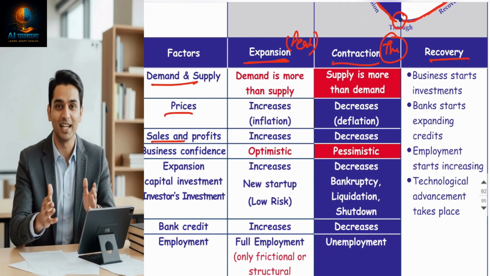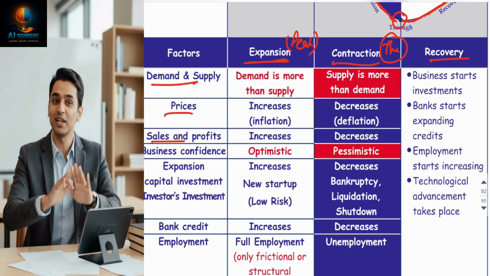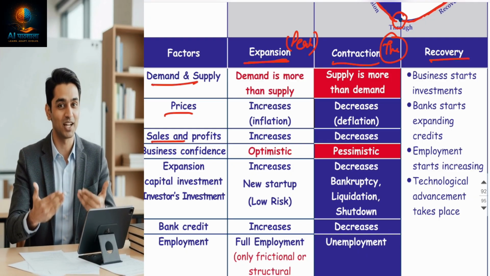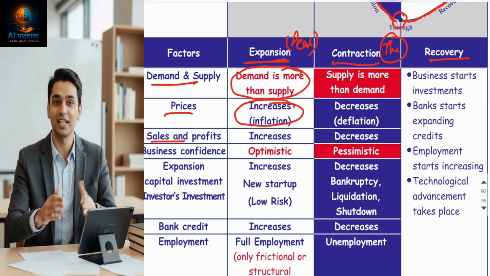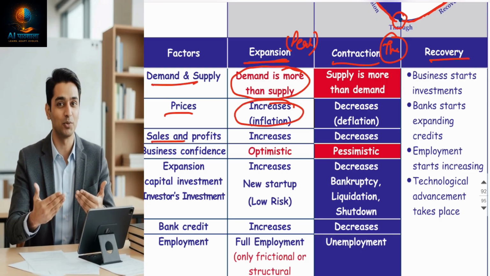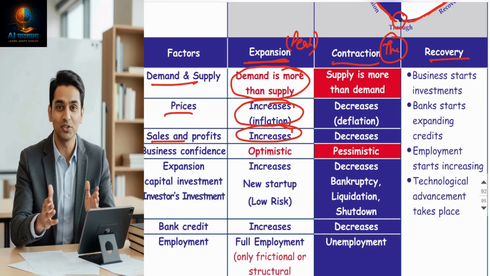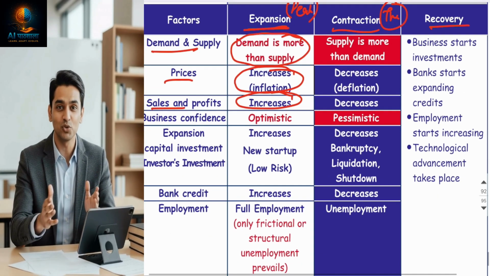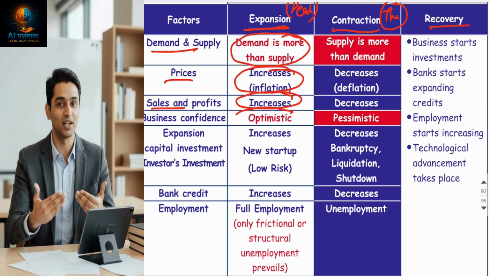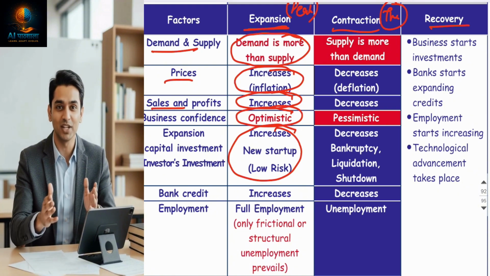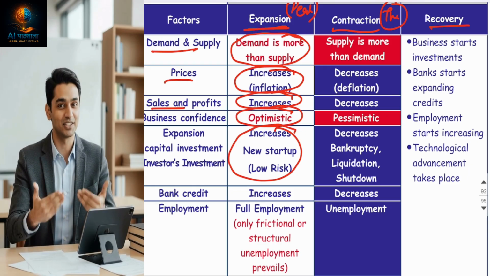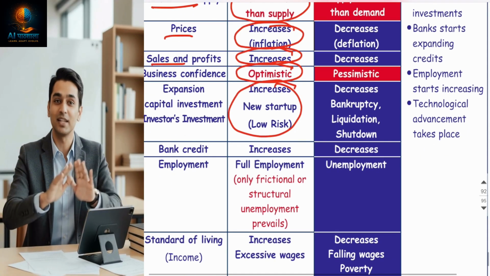First is expansion. Expansion is a situation where the economy grows rapidly, where demand is more than supply. You have studied equilibrium: when demand is more than supply, price increases. When the price increases, sellers are able to sell more goods, and their profit margin also increases. Due to the increase in profit margins, businessmen become very optimistic. They expand their businesses, new startups take place, and higher production takes place. All are happy in the country. It's a golden period going on in the country.